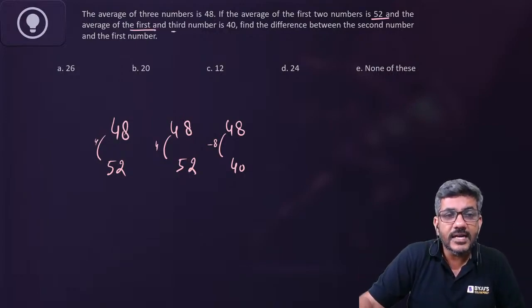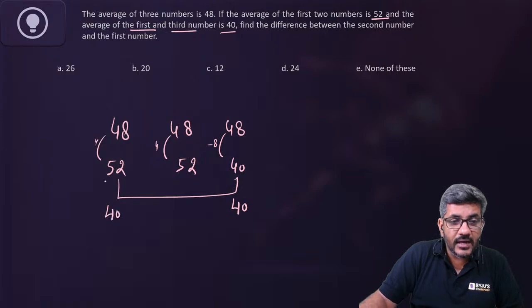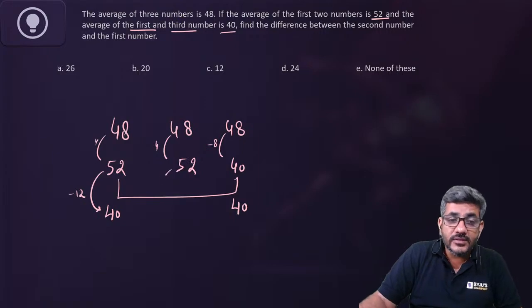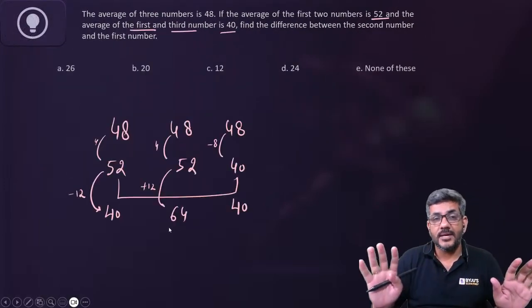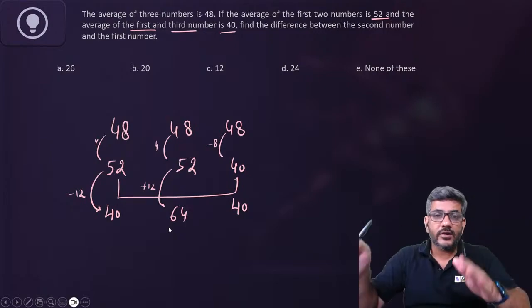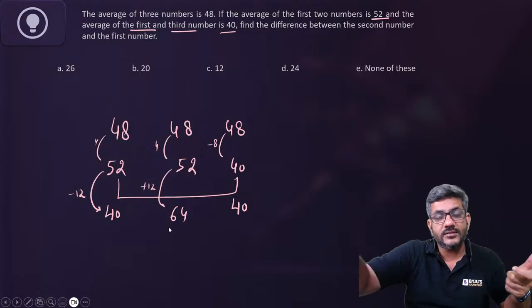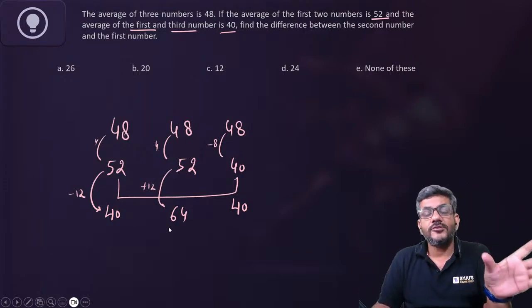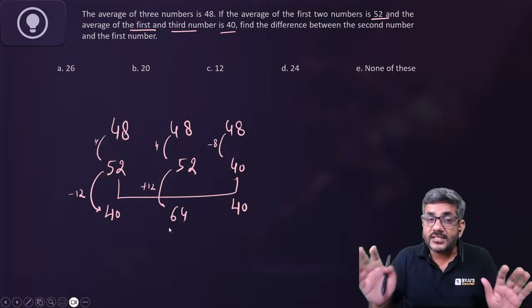And the average of first and third number is 40. अब इन दोनों का average भी 40 होना चाहिए. This is already 40. If I make this as 40, I have again taken a deviation of 12. इसको मैंने 12 से decrease किया है. So this number should be increased by 12 because ultimately the deviation should not change, right? You will see everything would be satisfied by this. Those 48, 48, 48 were there. I have taken those first two 48 as 52, मतलब plus 8 का deviation आया तो तीसरे minus 8 कर दिया. First and third average should be 40, तो third को 40 किया, first वाले को 52 minus 12 करके 40 किया, तो बीच वाला 64 हो गया.